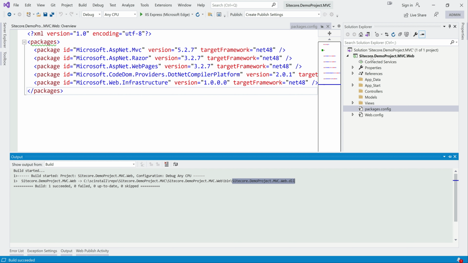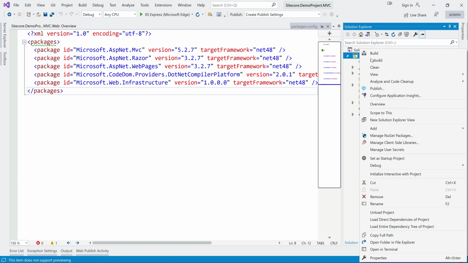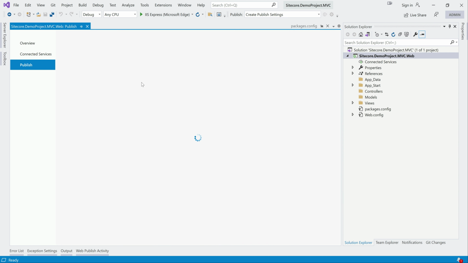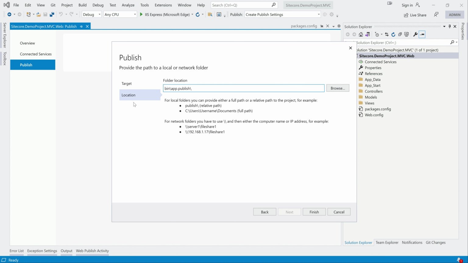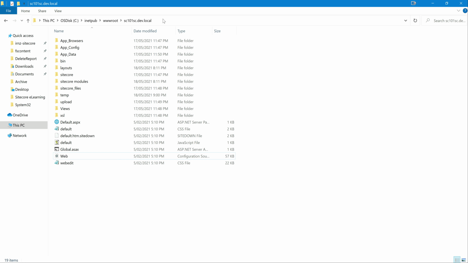For that, right click, and you can just click on publish. So we can just set up the publishing settings. Publish setting, here I'm just using folder. Next, so the location would be our project wherever it is. So this is our Sitecore instance.